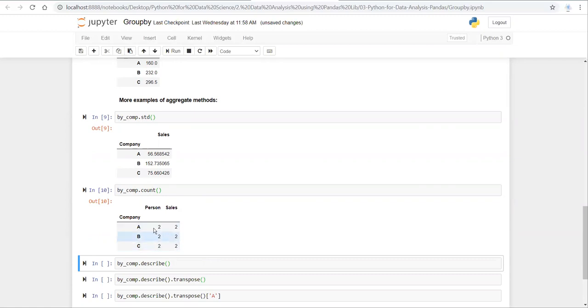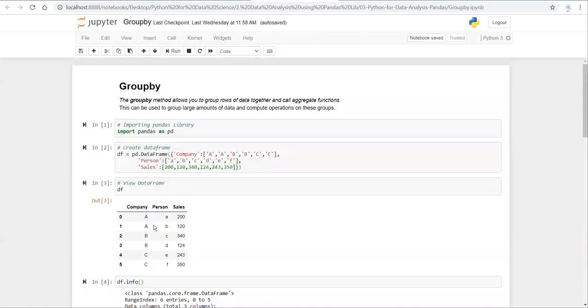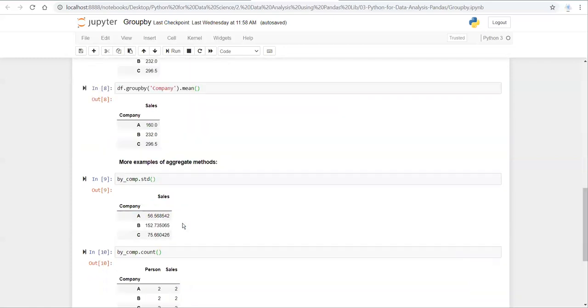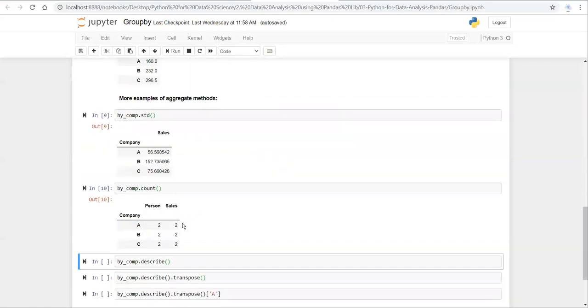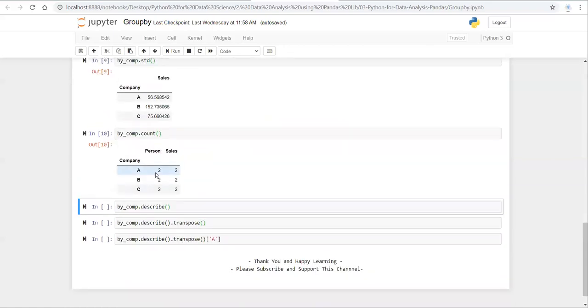In our data, each company is present 2 times, so the count of person is 2 and the count of sales is 2 for companies A, B, and C, all three of them.